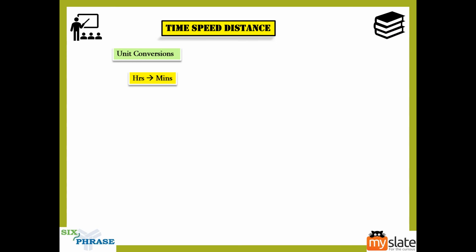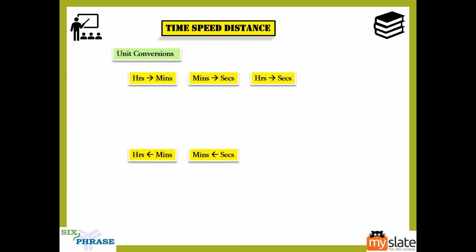So in unit conversion, especially when it comes to time, you have to know how this happens: hours to minutes, minutes to seconds, hours to seconds, and minutes to hours, seconds to minutes, and seconds to hours. You have to know what happens. These are two totally different categories, because in the first category you have to do one thing, and in the second category you have to do a totally different thing. Now, hours, minutes, seconds, this is the order, right? Whichever way you want to go, minutes to seconds, or hours to seconds, or hours to minutes.